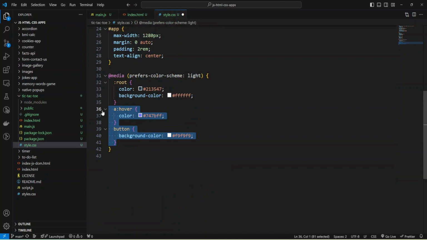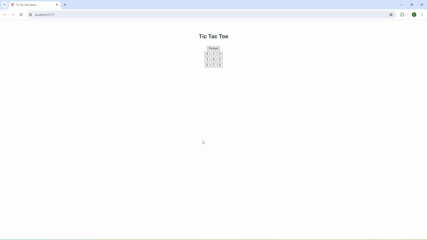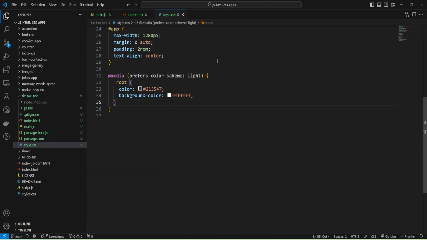Okay, and let's take a look at what I have so far. And we have our board and styles with justify-content center applied. Okay, and now we can add more styles.